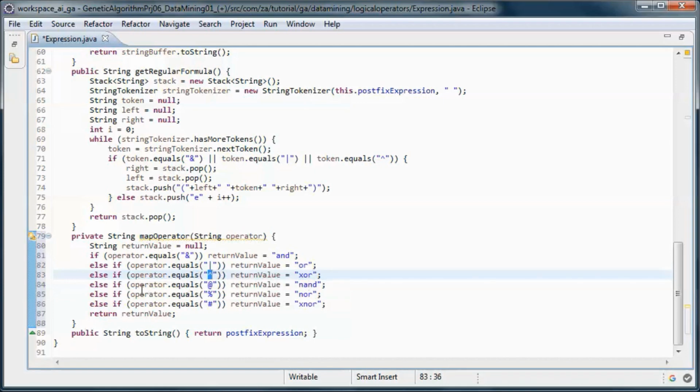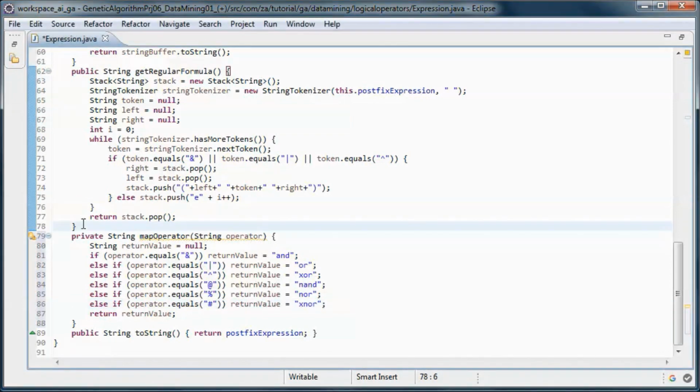And for the purpose of this tutorial, the NAND operator to this symbol, and the NOR to this one, and the XNOR to this one.